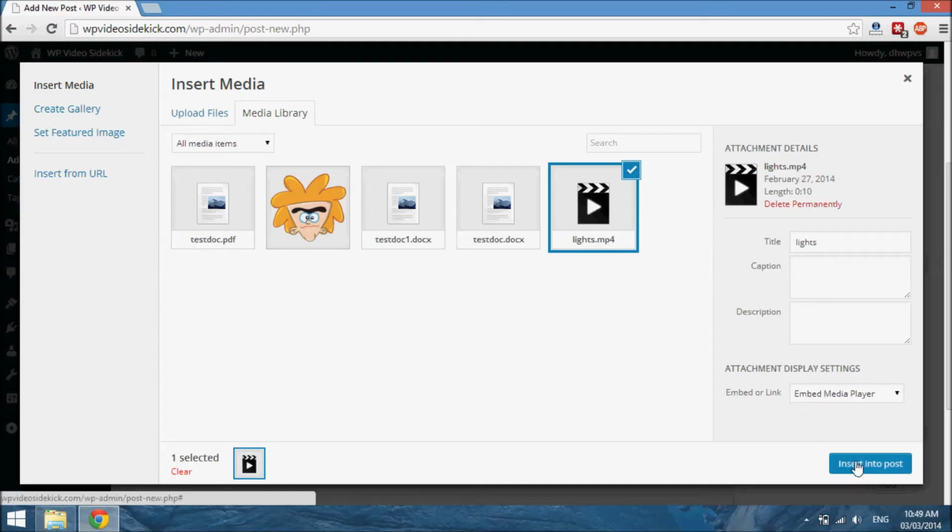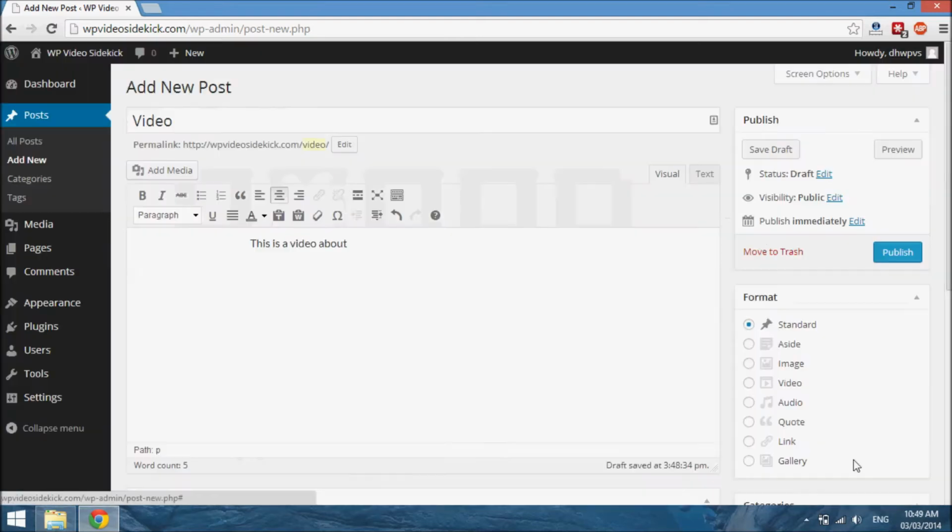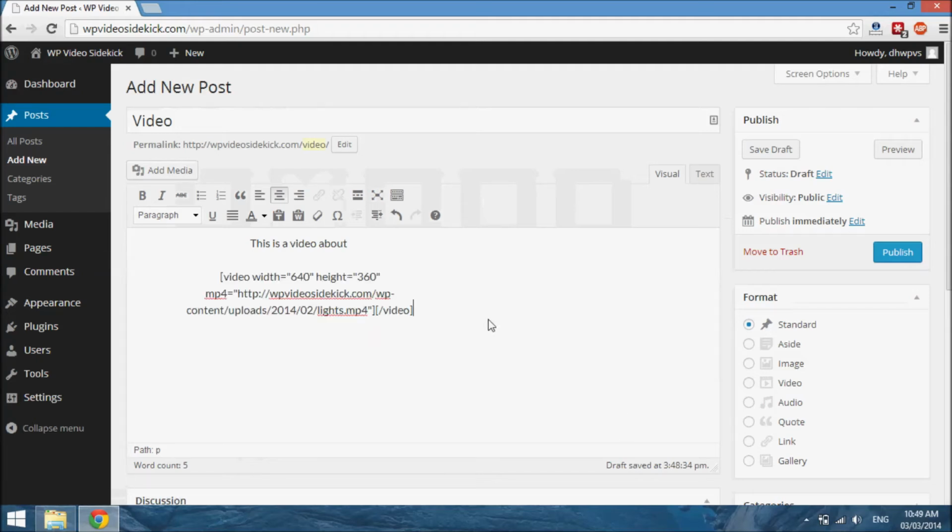But we're just going to embed media file, select insert, and what has happened is that WordPress has created a shortcode for a video player, because what you have uploaded or online is a video, but to play the video on your site you need a video player. So WordPress has just created this video player for you,